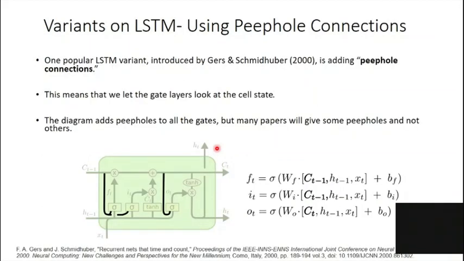Now we will go into a slight variation of LSTMs. So there are several variants of LSTMs which are currently available. You will also see different descriptions showing different kinds of architectures. You don't have to be confused by that. What we have seen so far is basically the plain vanilla type LSTM with no extra bells and whistles.